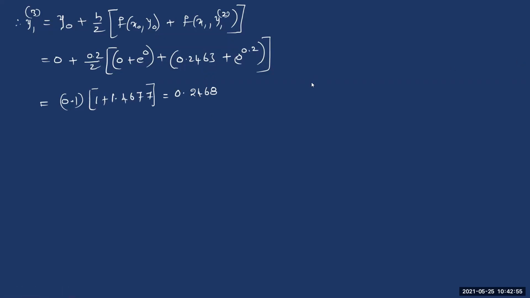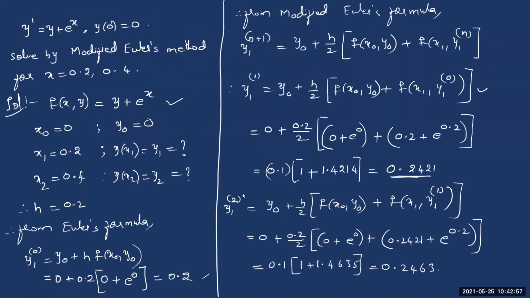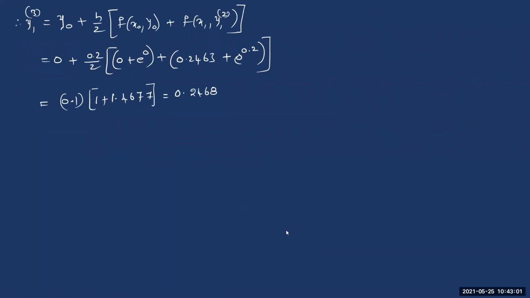And now let us just compare this value with the second approximation. We got 0.2463 here, and here we got 0.2468. So we got 3 decimal accuracy directly after completion of the third approximation, the third iteration. Let me continue this one more time so that we can get the 4 decimal accuracy also. So y1 fourth approximation, you can even stop here, not a problem, but I'm just continuing it for one more iteration.